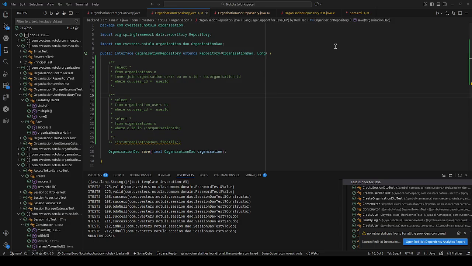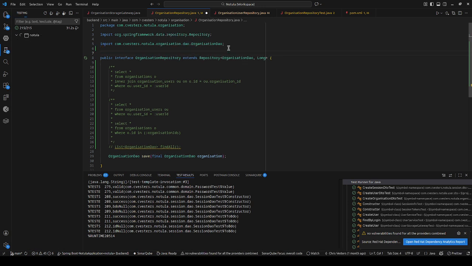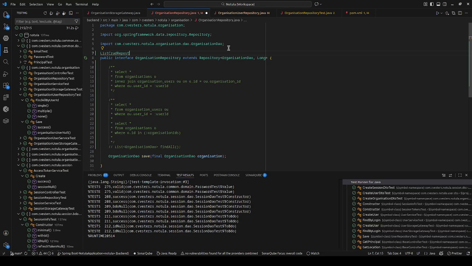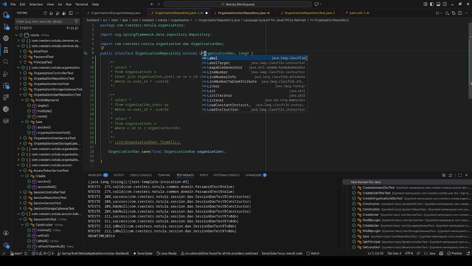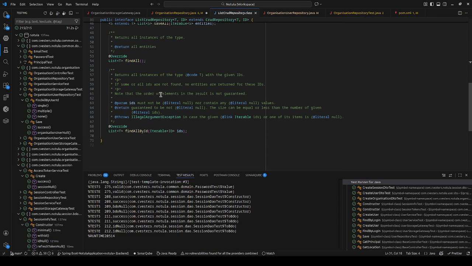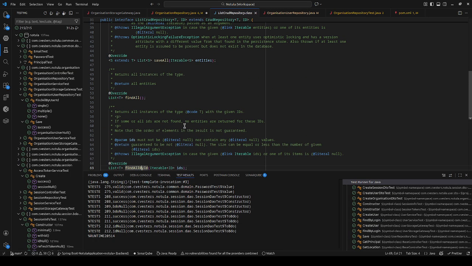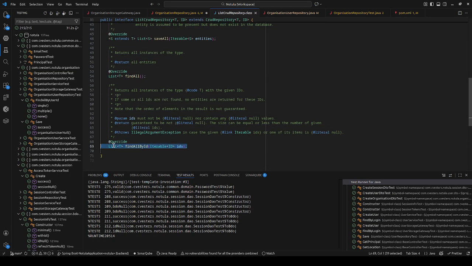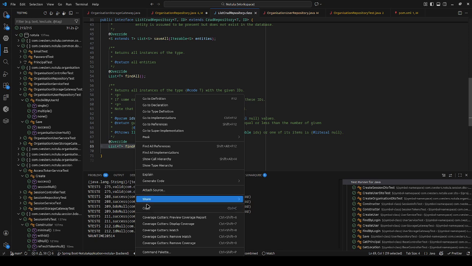So now that we are able to actually get our first step, so we have this part done now, it is important that we also do this. And you will see that on my repositories, I always use regular repository. I know you also have the list CRUD repository, and the list CRUD repository itself already has a find all by ID, which takes an iterable of IDs. So I'm just gonna go and copy this,